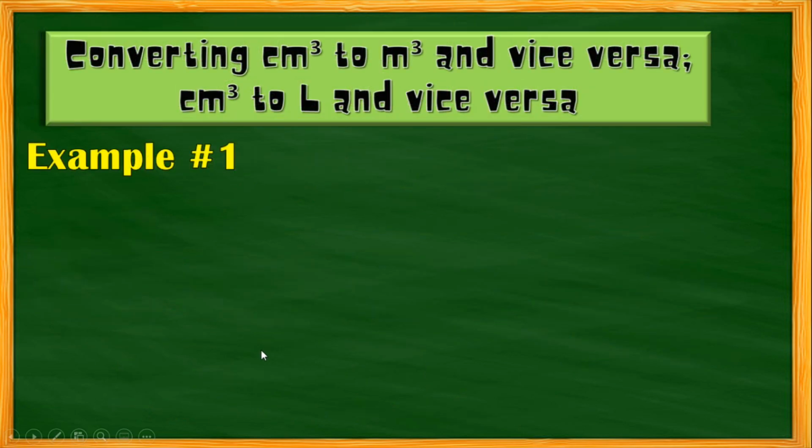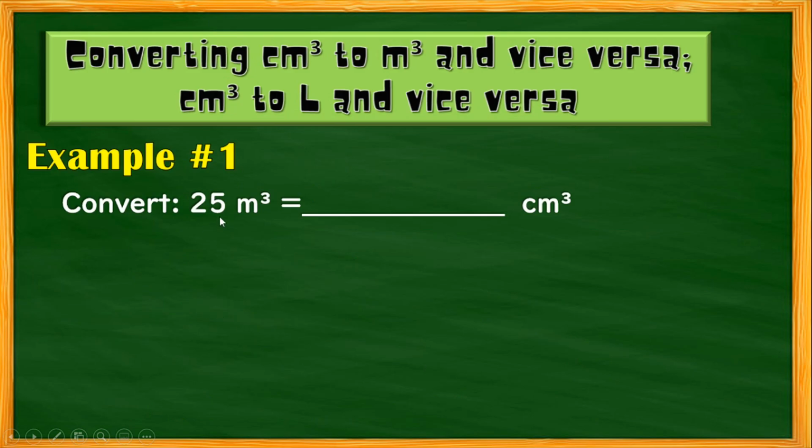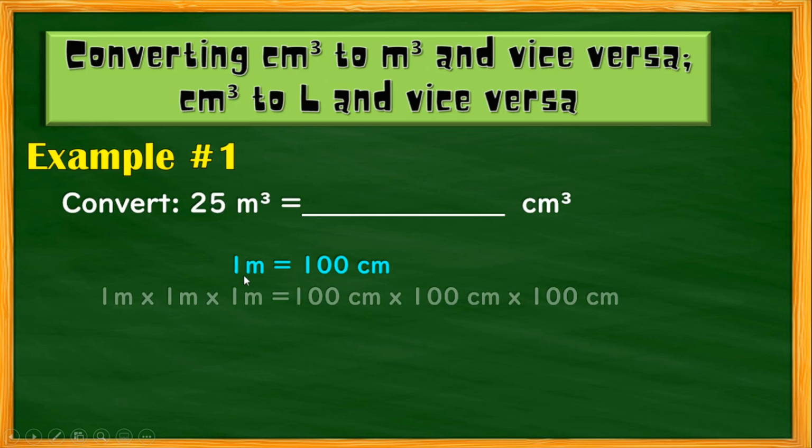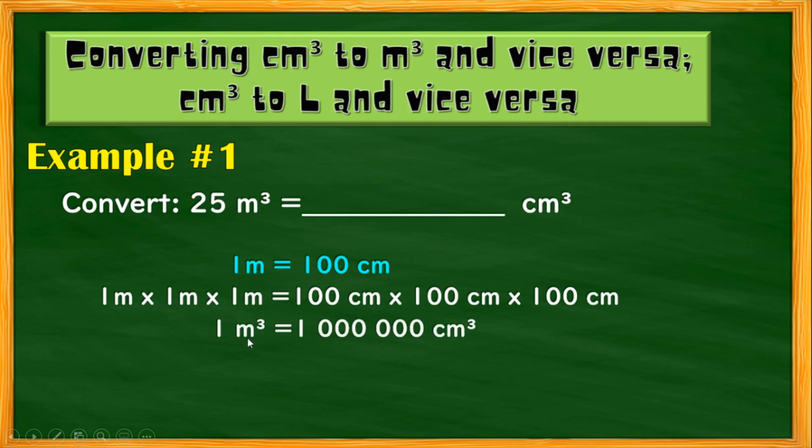Now let's have some examples to further analyze this topic. Convert 25 cubic meter to cubic centimeter. Take note that 1 meter is equivalent to 100 centimeter. If 1 meter is multiplied by 1 meter by another 1 meter, the answer would be 1 cubic meter. If I multiply 100 centimeter by another 100 centimeter and another 100 centimeter, we have 1 million